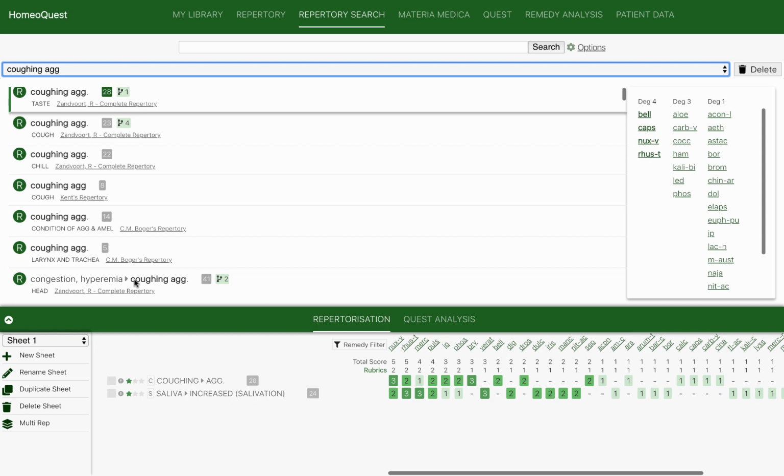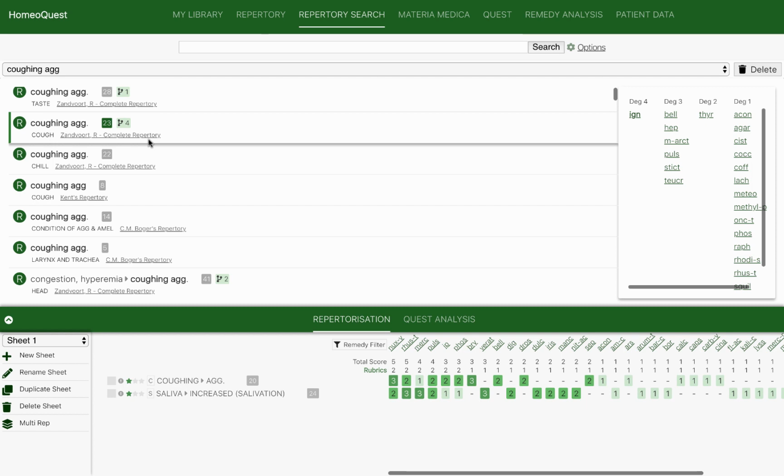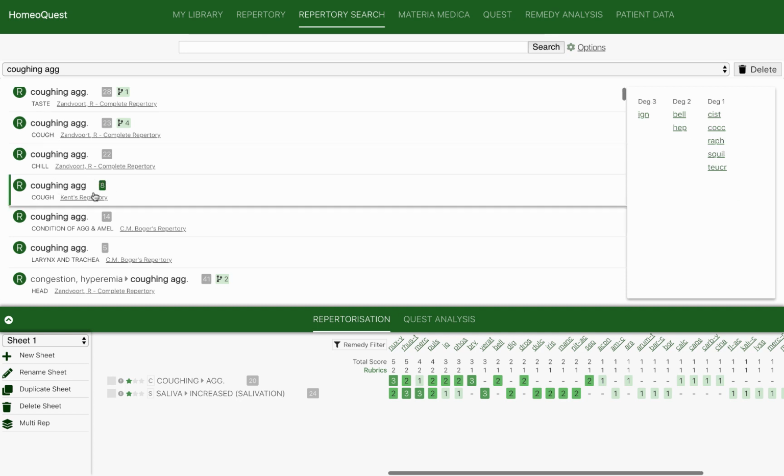Obviously, that's what happens. Now, if you look at coughing aggravates in Complete repertory, what happens is if you check all the remedies here, you see there is no Nux vomica. Interesting, isn't it? And then if you look at, say, Kent coughing aggravates, there are only 8. Phatak had 20, and in this, again, if you check, there is no Nux vomica. However, Nux vomica was the key remedy that came up in coughing aggravates in Phatak, and that was what really